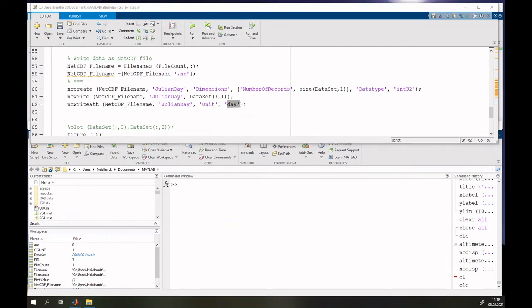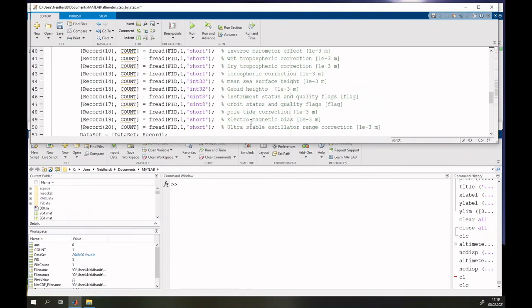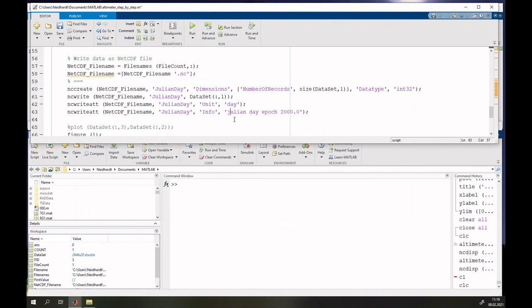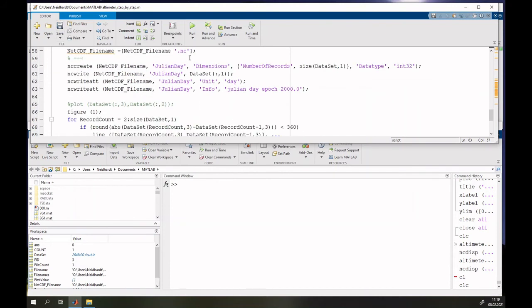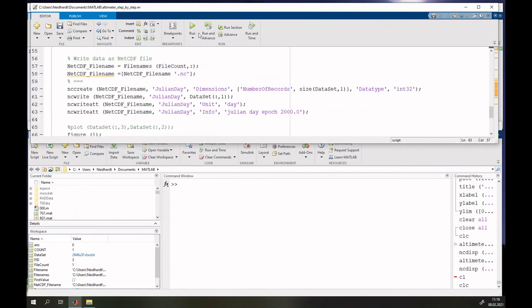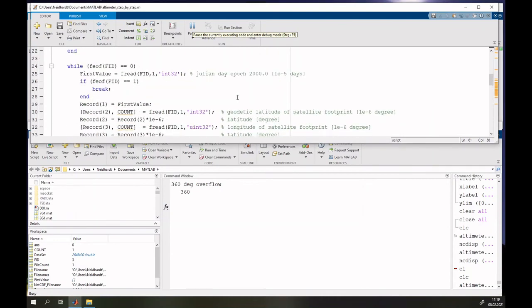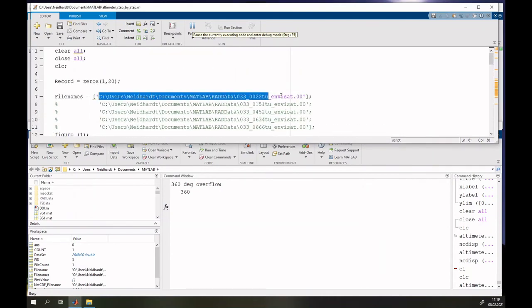And the same we do for the meta information about the variable. We add an additional attribute info to the Julian day, and we set it to Julian day epoch 2000. Let's make it exactly like it was defined in the information file about the format. So if you run this now, we should get one additional file, which is stored here with the extension